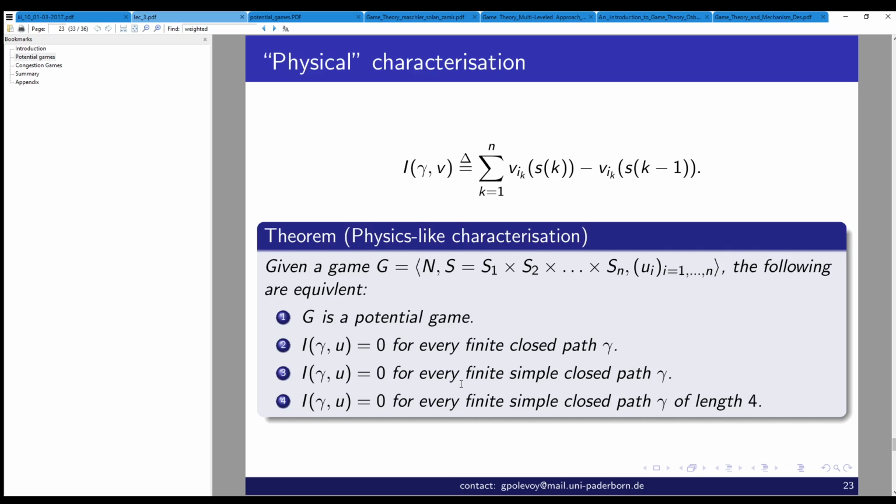So of course, if we know that at least one of them is true, it's reasonable to use either that it's a potential game, or the strongest of the other statements, that I of gamma and utility vector is 0 for any finite closed path. But if you want to prove that at least one of those statements is true, then we can use the easiest to prove, the fourth statement. It's enough to prove that for every simple closed path gamma of length 4, the I of gamma and the utility vector is 0, and that will be enough to prove that each one of those statements